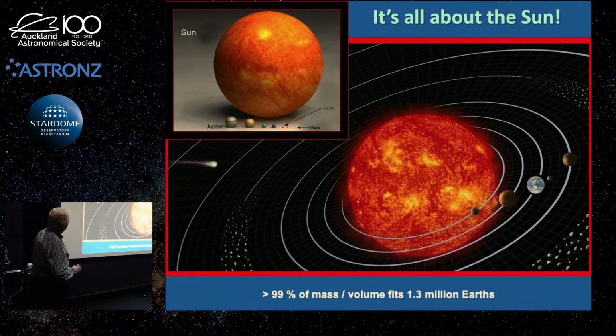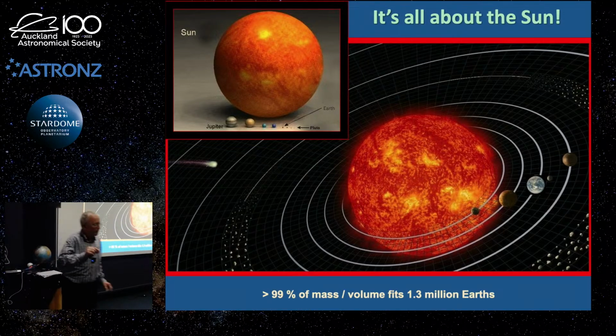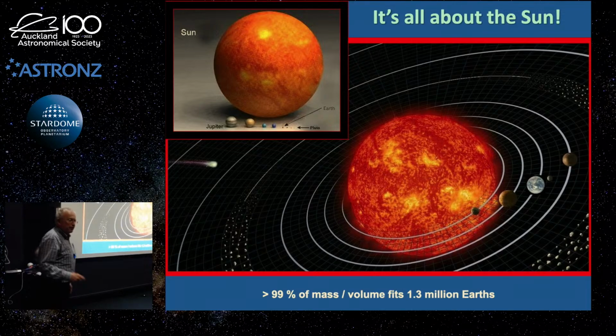Usually, as a little model, I have a little frozen pea as the Earth. And I ate it one day accidentally. I ate the Earth, so I couldn't bring it along. But it's about this big, and to that scale, the sun is the size of a Swiss ball. I used to have a Swiss ball with me, about that big, to show the scale. The Earth will fit into the sun volume-wise 1.3 million times. So the solar system, despite all this talk about planets and so on, it's all about the sun.